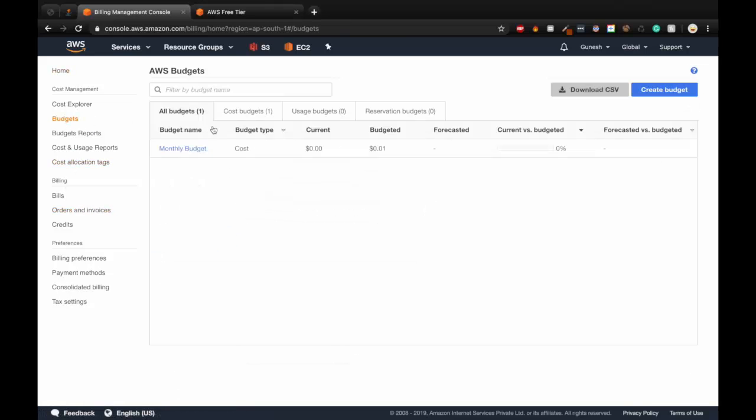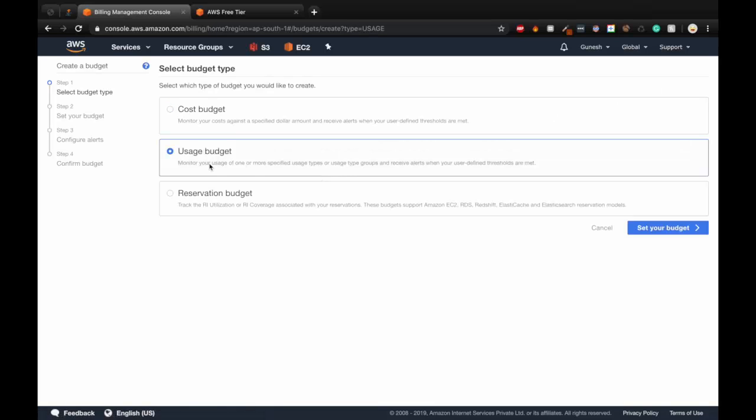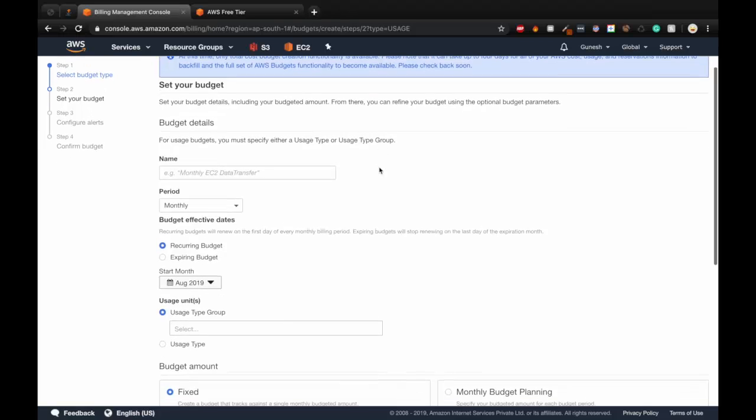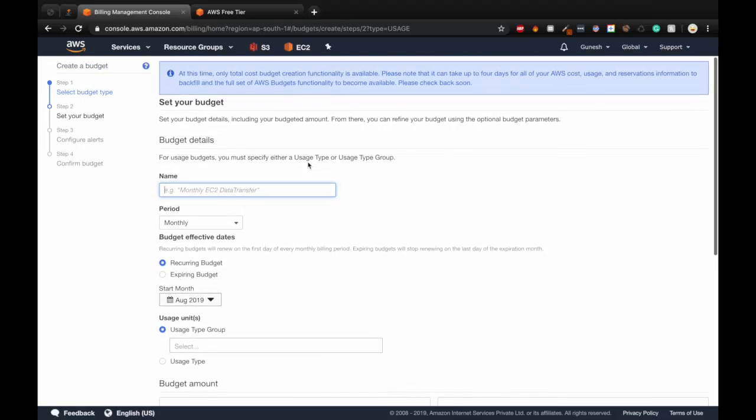Okay, and then we'll create another budget. So now we'll create usage budget. Depending on your usage of a particular service, you can create this budget. You can see that we have not used any services till now. So after 4 days of our usage, you can start the usage budget. So